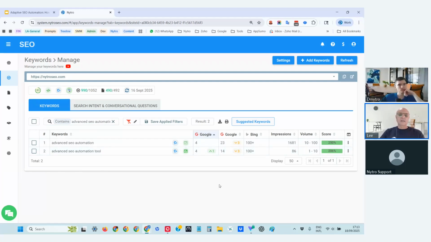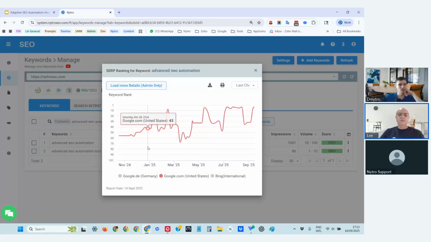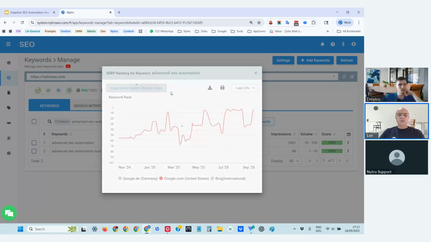Some of the data that I will show you here is not always visible to everyone. It's like admin level, but I'll show you the principle. So the first thing that you can see is that this keyword is ranked top page. This is the data that I was showing you before. Here you can see the actual parameters. I will just show you the data behind this, which we don't actually share all the time, but the